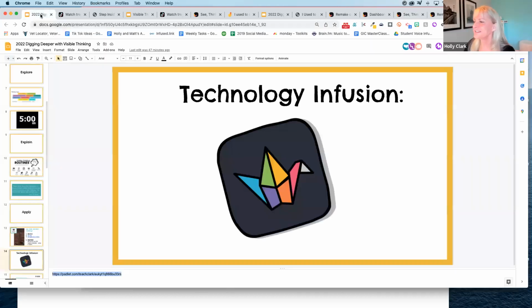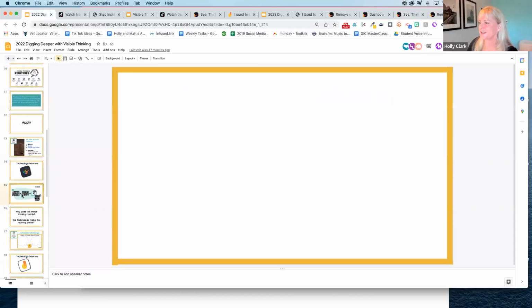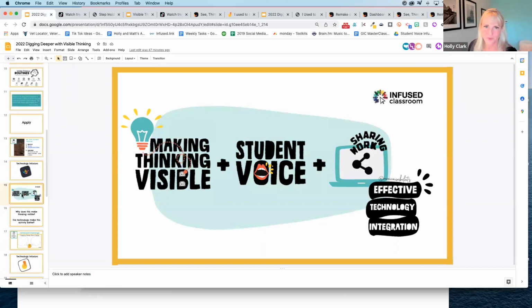But let's break it down like this, because you guys are getting this. If you look at the screen again, these are the 3 things that we really see as we infuse technology, the things that really become stronger. The first thing is, of course, we're making your thinking visible, but now it's not just visible to me and you, it's visible to everyone. But most important to me, and the favorite part for me, is I'm hearing from every kid in my class. And I got to tell you, in the 1900s, I didn't. I heard from 5 kids, or I had to go home and read all of those. That's the beautiful thing about technology, quite frankly.